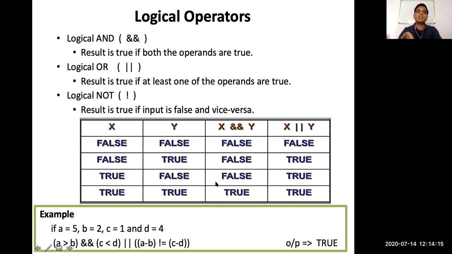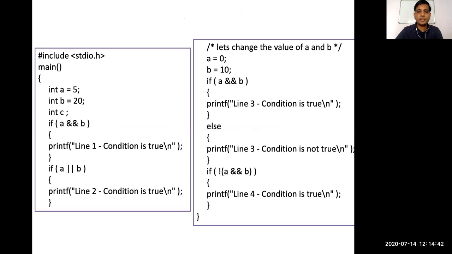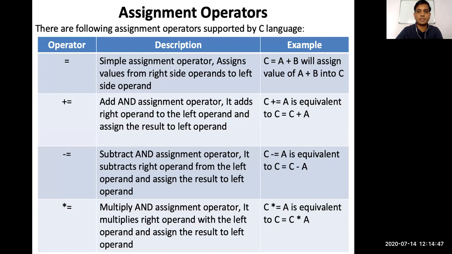The next one is the OR operator. If one of the conditions is true and you want to execute the instruction, then you should use logical OR. The next one is logical NOT. Logical NOT means if there is one condition that is true and you want to make it false, then you apply the NOT operator in front of that condition, and it becomes a false condition. Okay, these are again some examples. We are always going to see these examples.